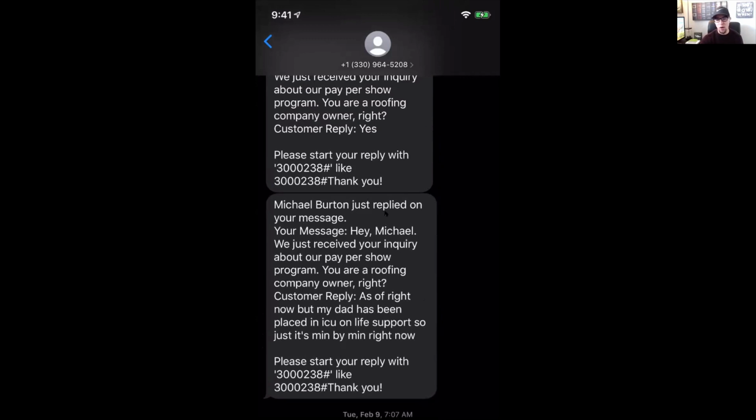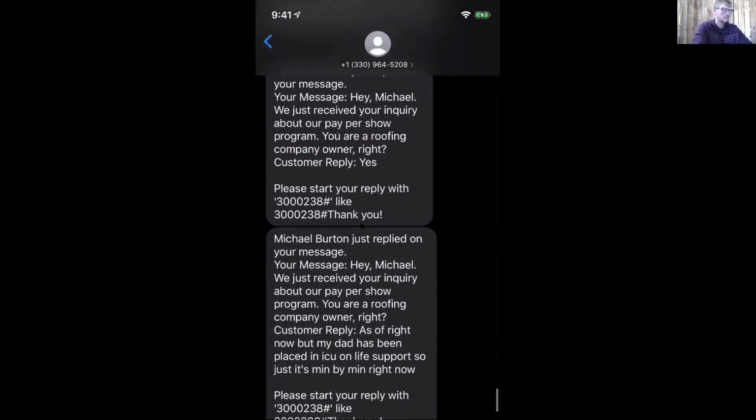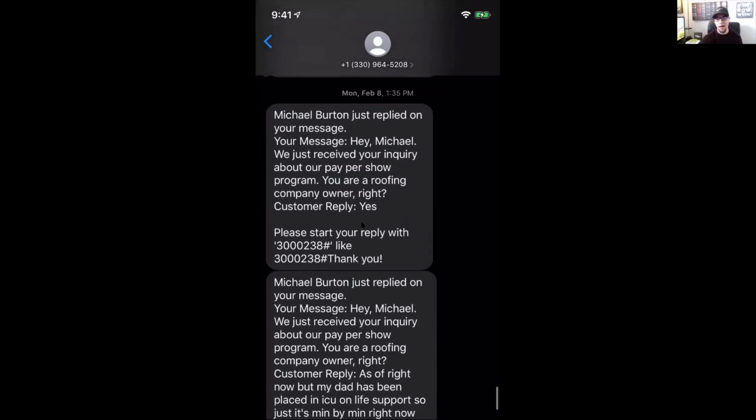And then, yeah, so obviously, you're going to want to probably jump in the dashboard as soon as you can so it doesn't get overwhelming. But at least you're aware that someone is replying to your message, and whether you need to reply on your phone or jump in the dashboard or notify the client that there was a reply and someone needs to answer them, or whatever it is,